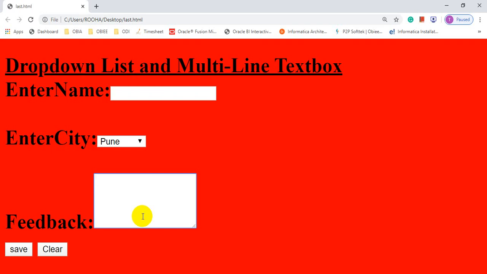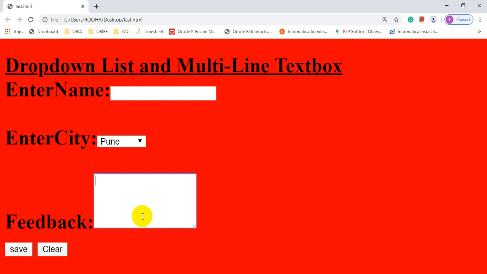As we know, form tag or form is nothing but an input from the user. In the first lecture we have seen what a form is. Form is nothing but a tool or a medium to accept information from different sources or from different users. For example, in the first, second and third lectures, we have seen different examples of the form. If you are going to purchase a SIM card, we have to fill a form. In that form we have to provide our personal information. If you are going to open a bank account, in that case we have to fill a form. In that form we have to provide certain information.